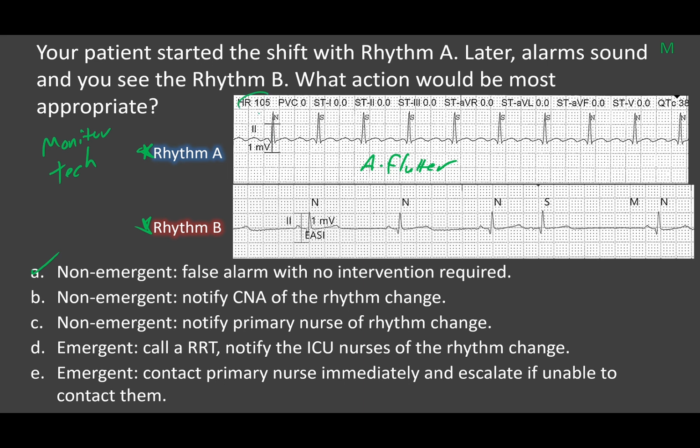We're in A flutter, and it's a little bit of a fast rate. And here we go to sinus bradycardia with PAC. And we've got 1, 2, 3, 4, 5, so we've got a rate of about 50. So again, is this emergent or non-emergent? Well, it's non-emergent because they've actually gone to a better rhythm, so we don't have to worry about either of